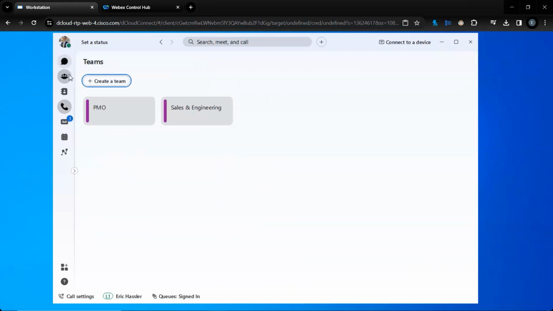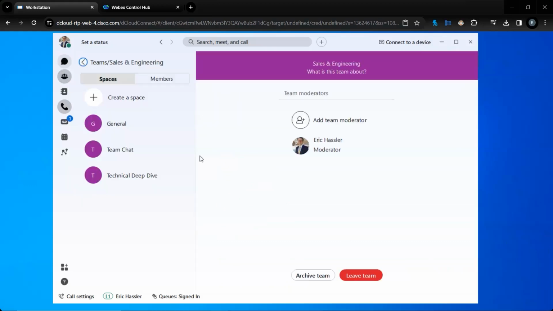When we move down the left side, the next section is Teams. This is very similar to the chat function, but is really designed for a group of people that are working on a similar project or projects. In this scenario, we can see we have our sales and engineering group. When I dive in there, I have multiple chat groups.